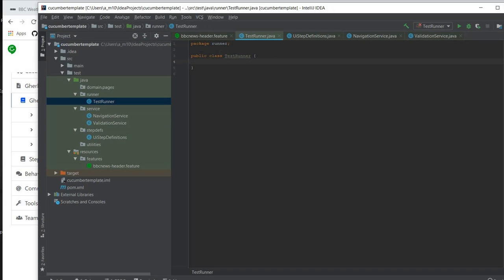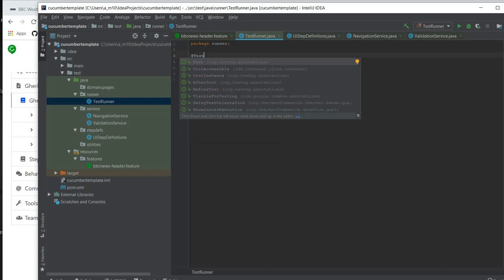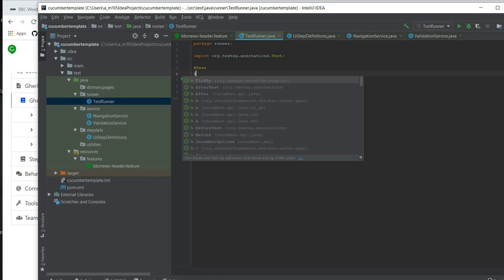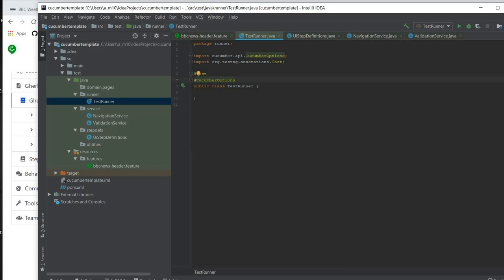Alright, let's go and finish off this runner. First things first, we need to add a TestNG annotation, just so that we can run it as a TestNG test if necessary. And then we also need to add Cucumber options. Now this turns it more or less into a Cucumber project. Alright, so now we have to add certain variables in here for it to be picked up as a Cucumber test. But in order for this to work with our TestNG, we're going to have to extend a larger